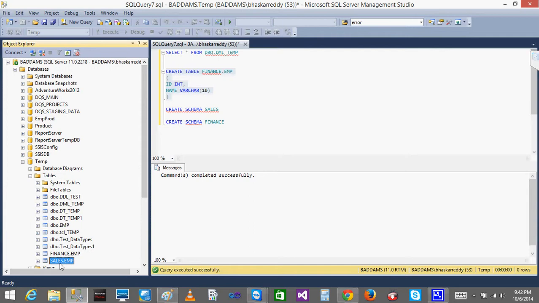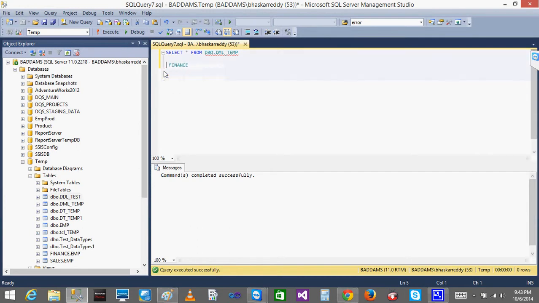It means you are dividing inside the database, creating a partition-like structure where you can store all tables related to sales under sales.table name, or you can store all the tables under the finance.table name. Whatever table you want, you can store under them. Even though it is the same name, it doesn't matter because they are in different schemas. By default, if I don't give anything, the system will take dbo, database objects, as the default schema.